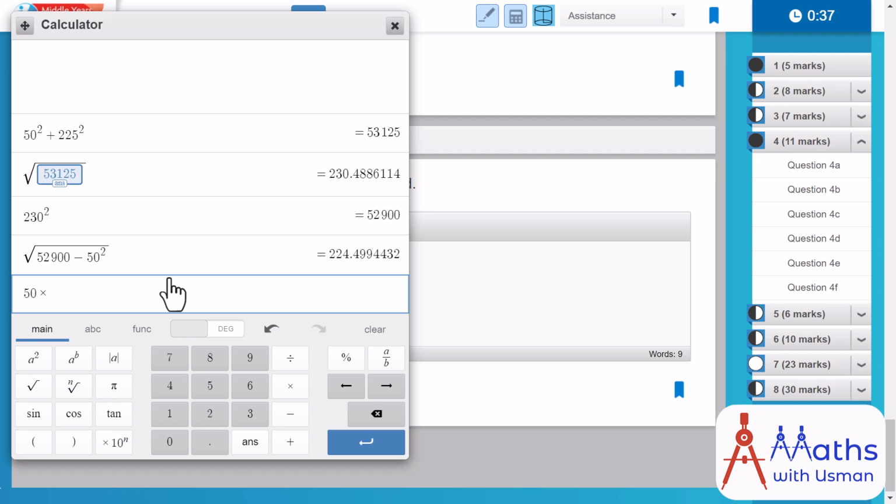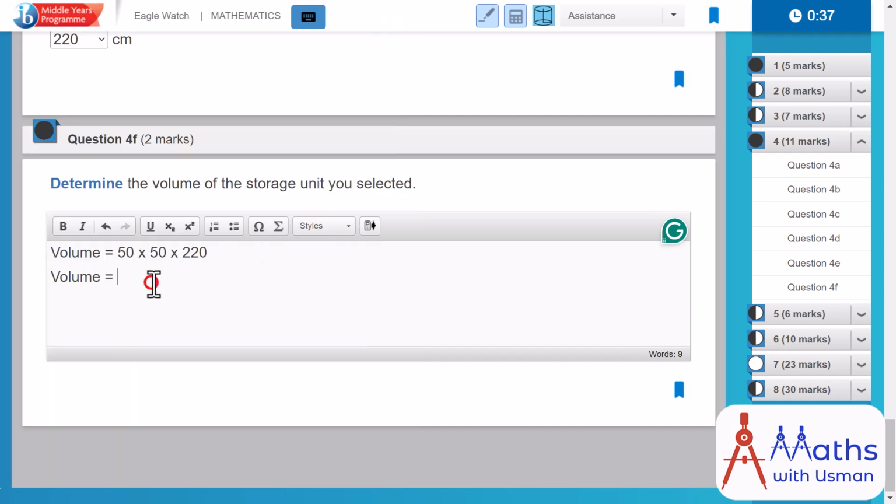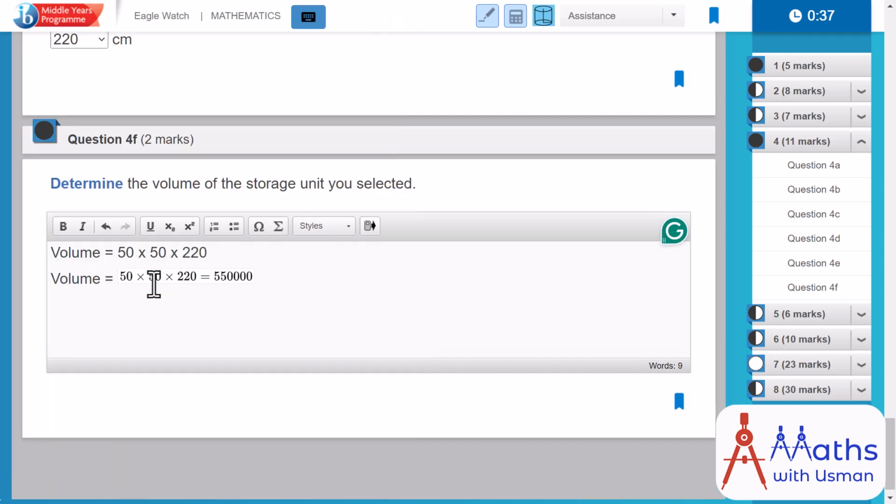Now how do I insert this sign without clicking the symbol? I pressed shift and the star symbol, which is above the number 8, but you can just press this, okay, and then multiply by 220. So you get this answer. I would simply try another trick. Copy paste, Control C. Let's see the magic happen. Control V. You see that? I don't even need to press copy from calculator. I can directly copy from the calculator screen.